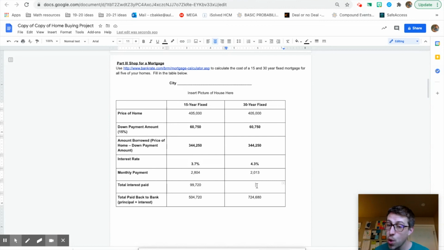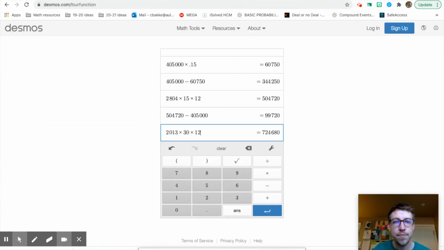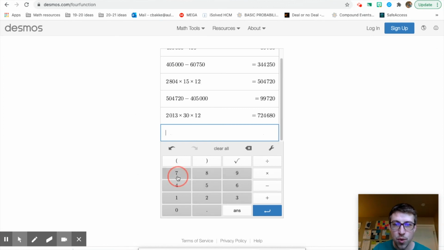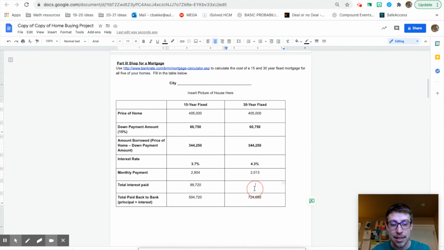And to get how much total interest you ended up paying to the bank, we're going to take the total that you paid minus that price. So we'll take that total you paid minus the original price to see how much money the bank made off of you. So in this case, they made $319,680. They made way more money off of you over those 30 years, but you got to pay less per month